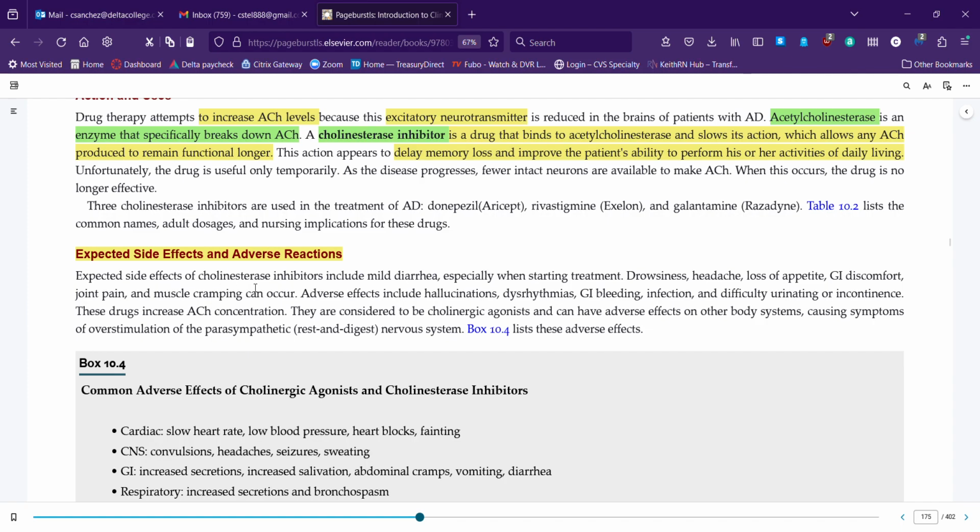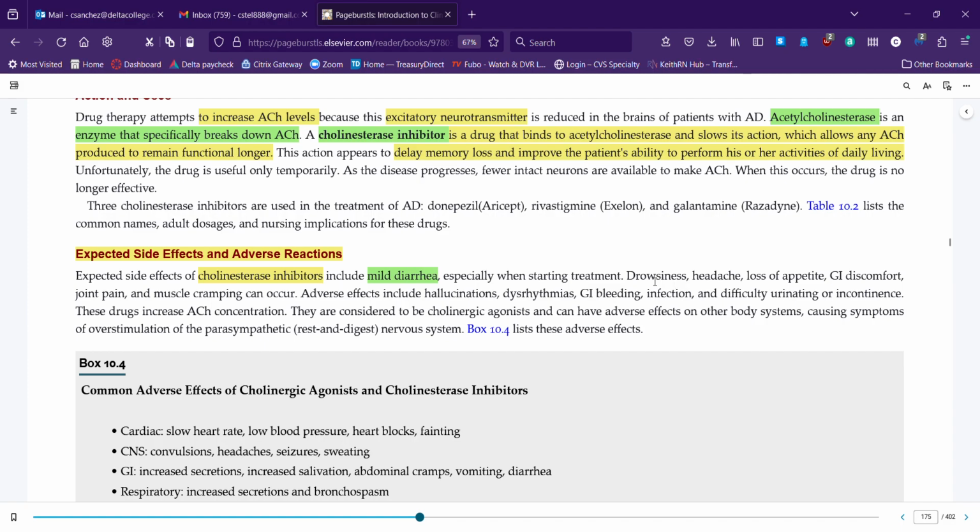Cholinesterase inhibitors. Alright, so the expected side effects, again, we said mild diarrhea, and that's usually in the beginning, and